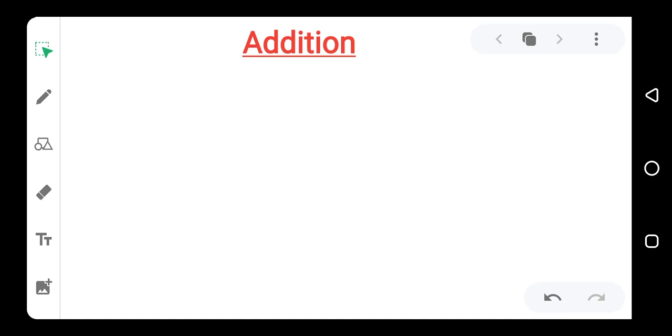So our lesson today is going to be on how to arrange numbers in hundreds, tens, and units, and then do addition with them. That is, if we are given two numbers, how we can arrange them and then do addition with the numbers. For instance, if somebody gives you 5 and 6,